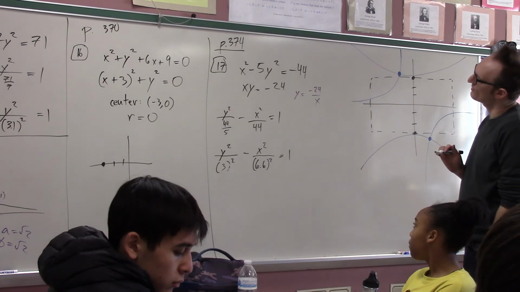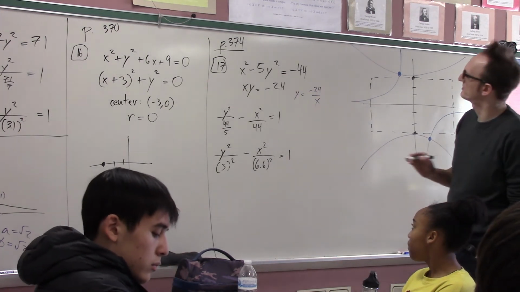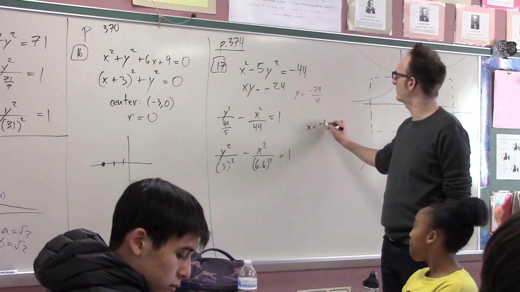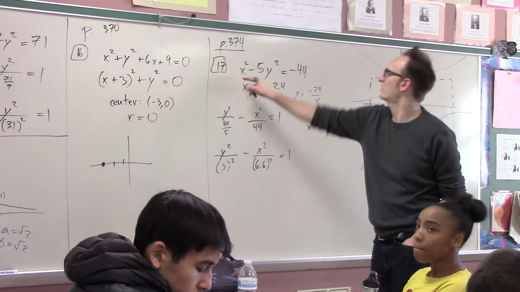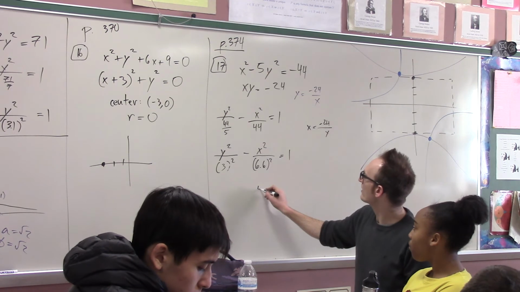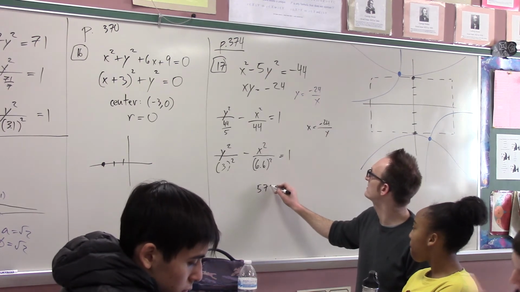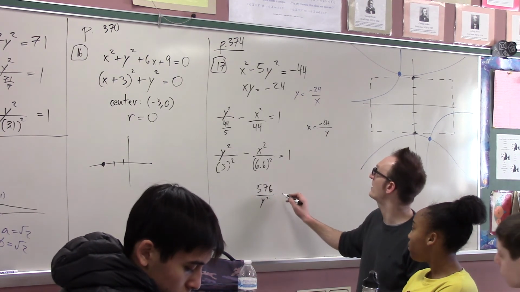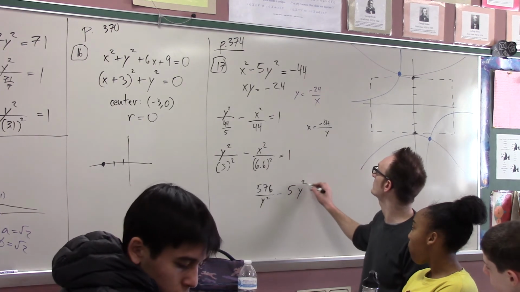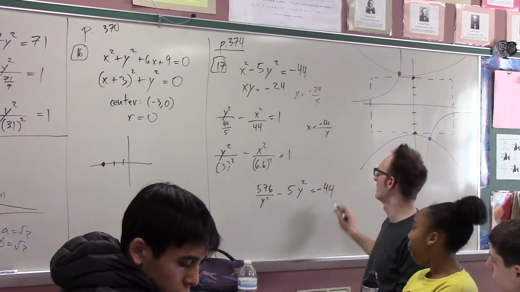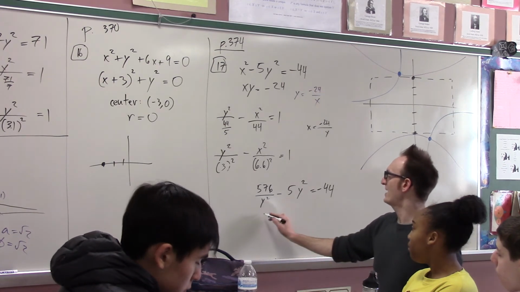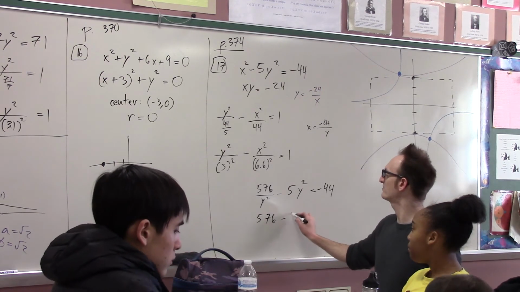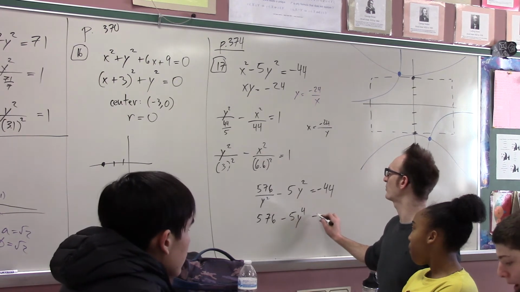Should I solve for x or solve for y? Solve for x. Okay, so if x is negative 24 over y, then I just stick that in there and I get 576 over y squared minus 5y squared equals negative 44. Now if I multiply through by y squared, that gives me 576 minus 5y to the 4th equals